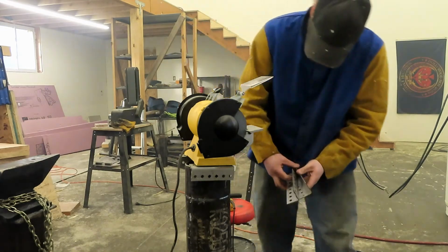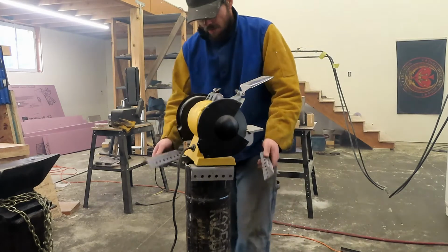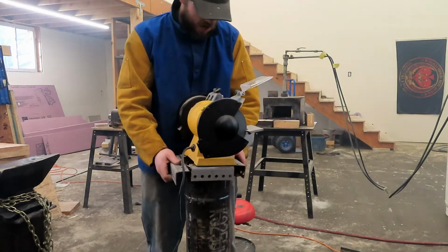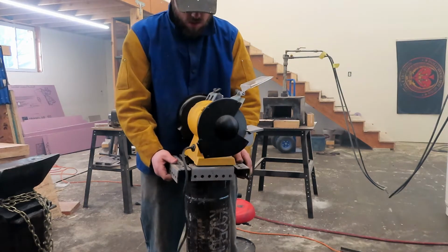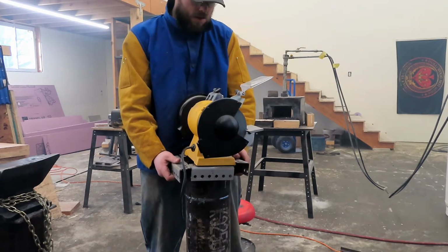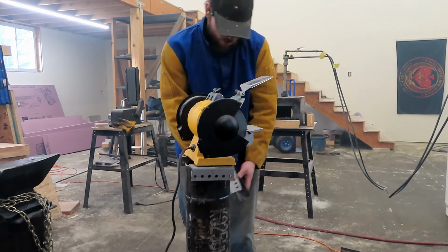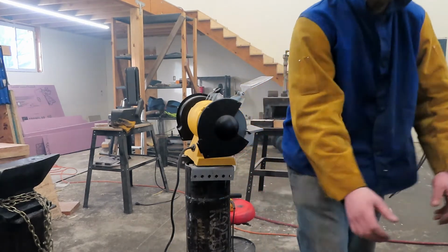Got this bad boy welded up. She's still pretty warm. You guys saw me measure out these. These are gonna end up attaching on here-ish, like this. So then we have a base to weld this to, and we'll be able to elevate it a little bit. I was just gonna weld these straight to it, and I don't know, here I'll grab you. I don't know how well you're gonna be able to see it,